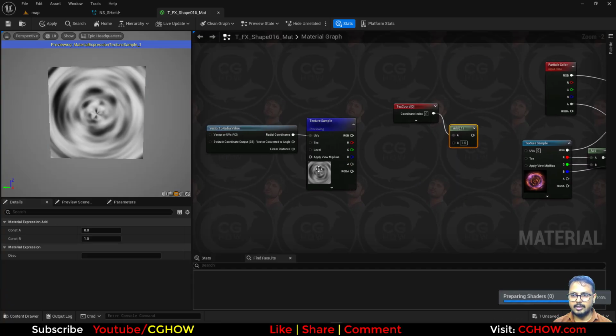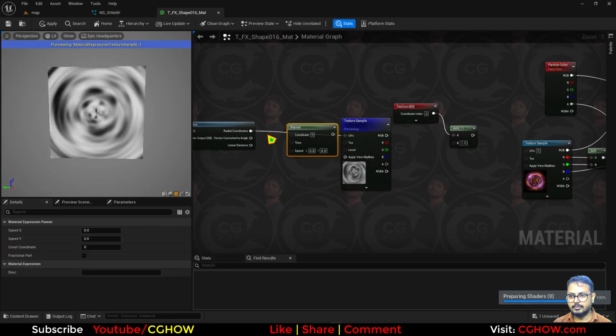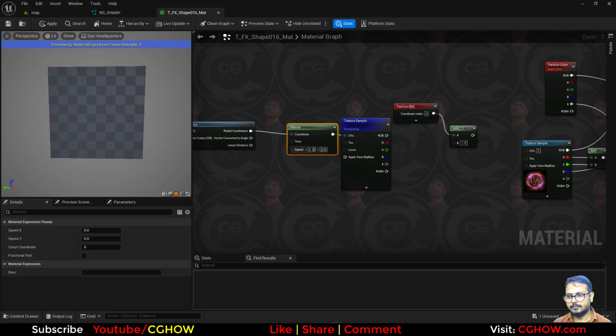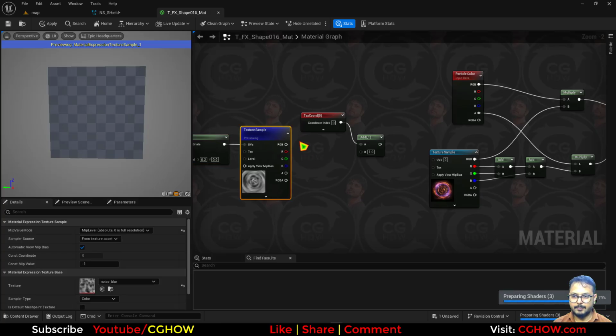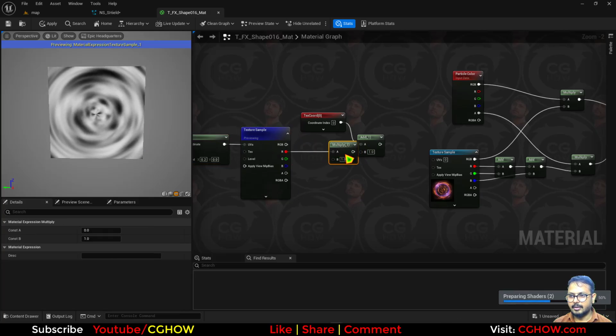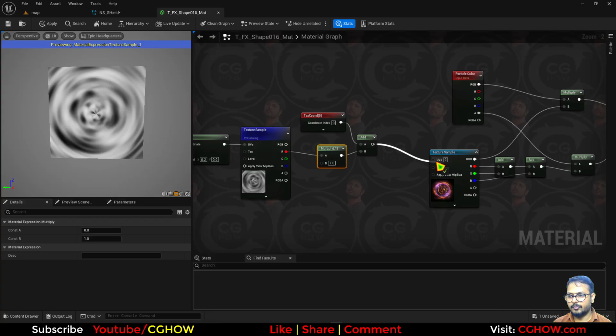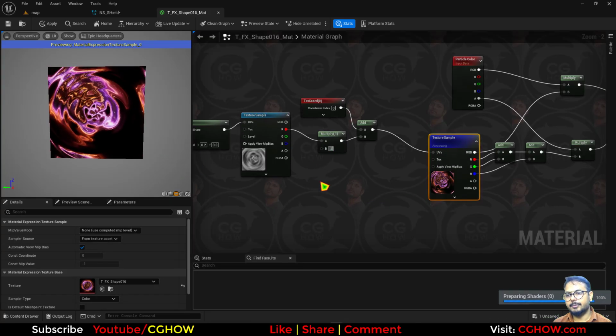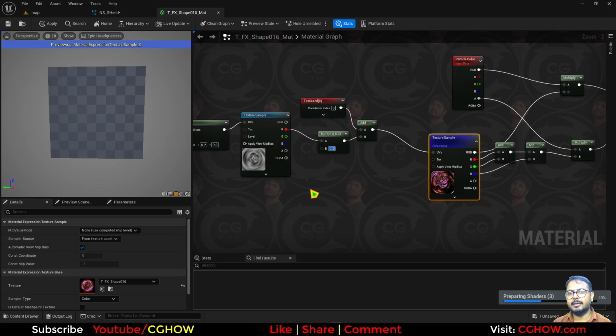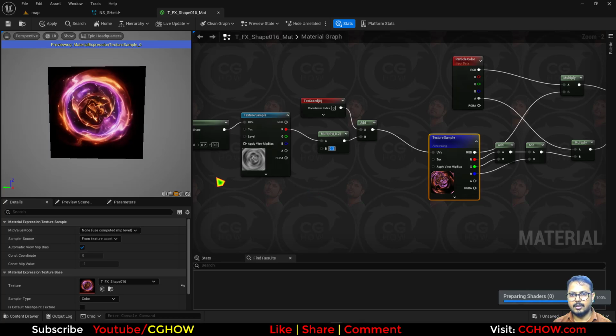and then add this texture, and let's also use panner. 1, 2, and then multiply and connect to the UVs of this. If I preview this, it will be completely distorted, but we can use a very little value like 0.2, and for the tiling,